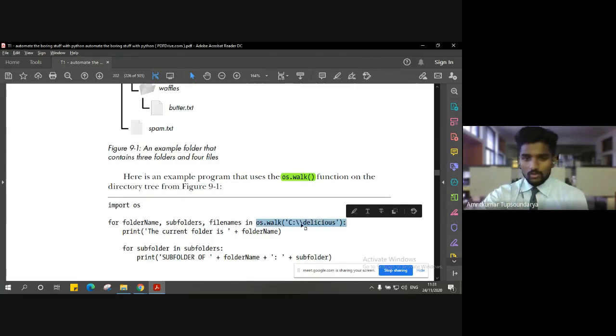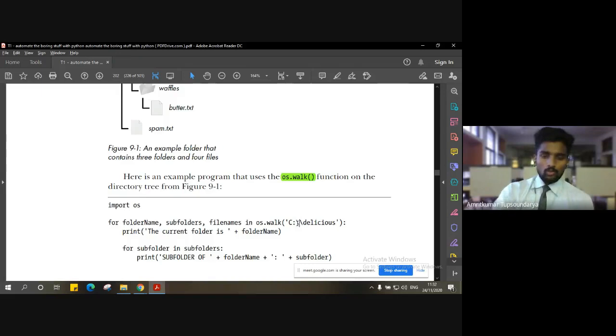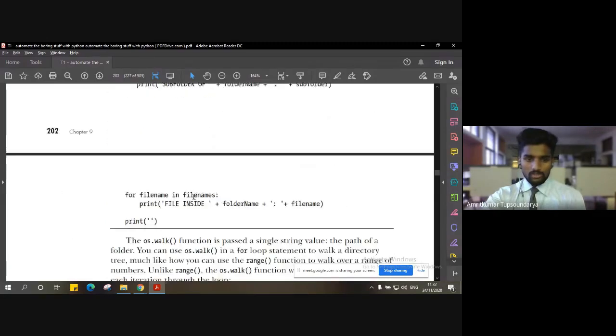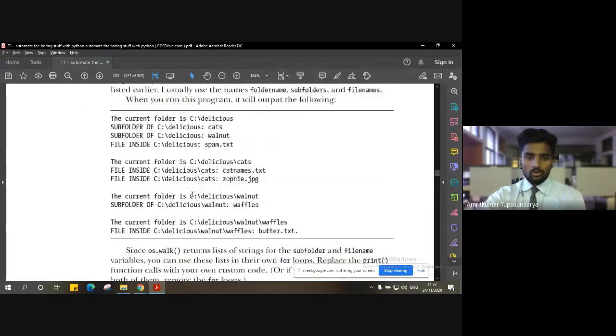Inside that you have to pass the argument as the path, or the location, that you want to walk. Once you say os.walk, it will simply give you the organized structure of that particular tree.